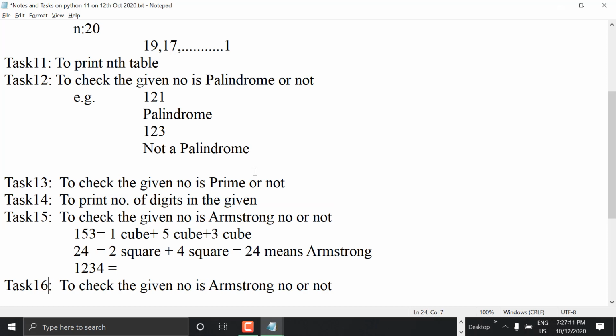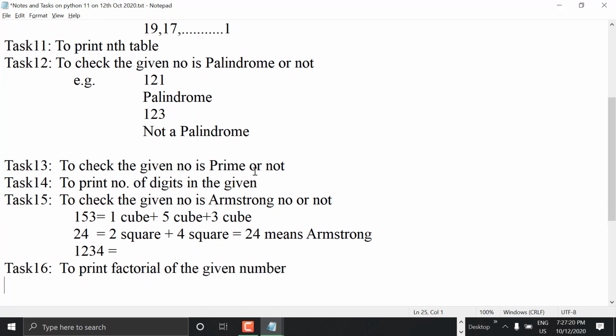Let me show you the Fibonacci series, which is very important and very easy in Python. How easy in Python? Let me show you. With very few lines of code, we can finish this Fibonacci series in Python. So what is the Fibonacci series?